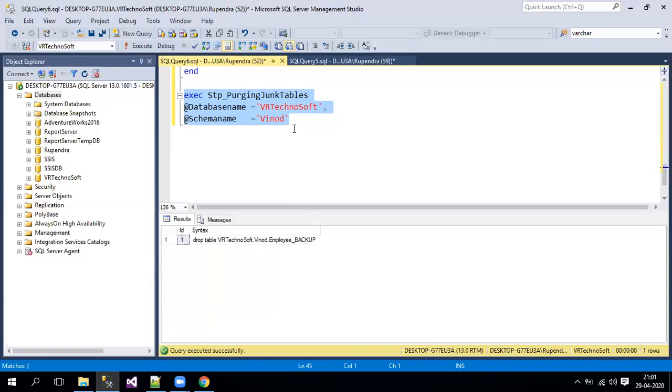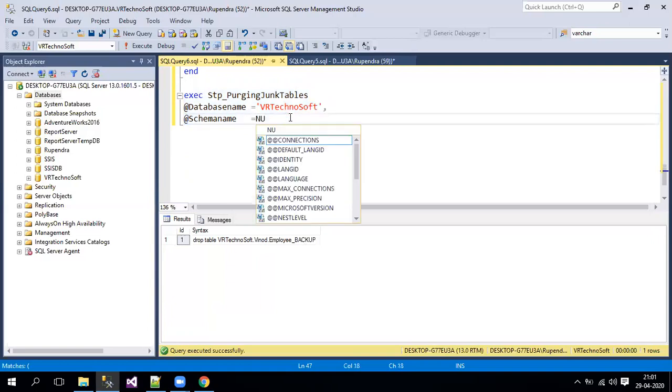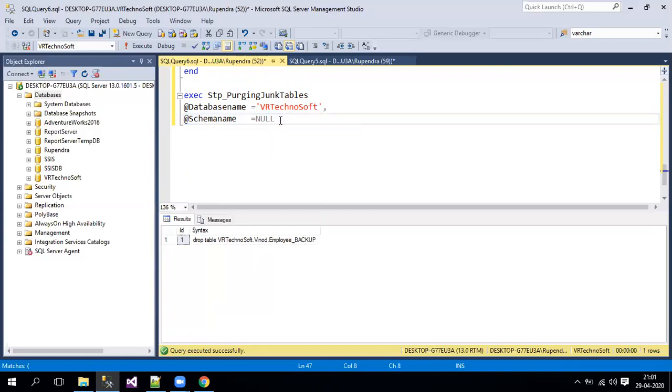Now we also need to check for another condition, that is null, for example. So they are not passing any value, for example. At that point of time we'll see what exactly it will be considered. Because it has to retrieve everything, if you see it is considering all the schemas irrespective of any schema. It is taking all the tables which contain these keywords like test, temp, backup, everything. So our requirement is fulfilled here, correct?